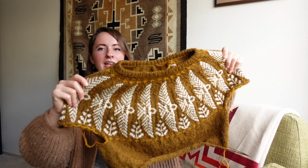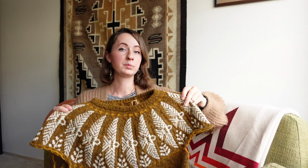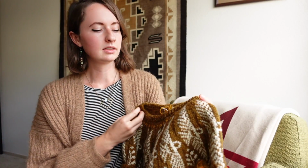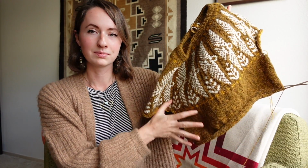So that's where this is at so far. It's just been a long project, I think. I have knit what you see up pretty fast, given that I had to rip out so many times, but it still is something that I think, because I've had to do it twice, I'm just ready for it to be done. That being said, I am at the mindless part, and I am excited just to do some basic